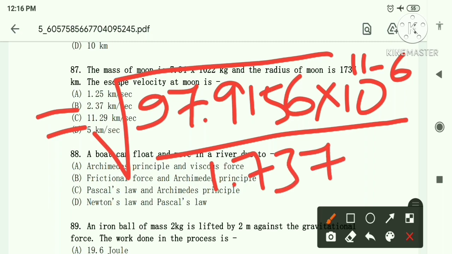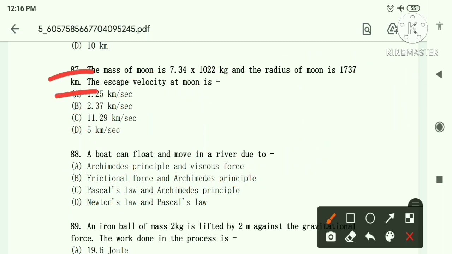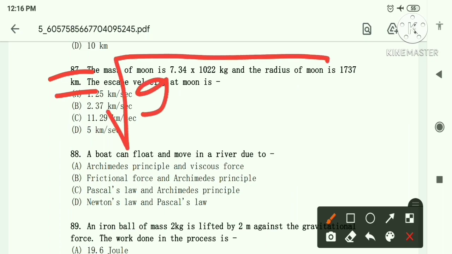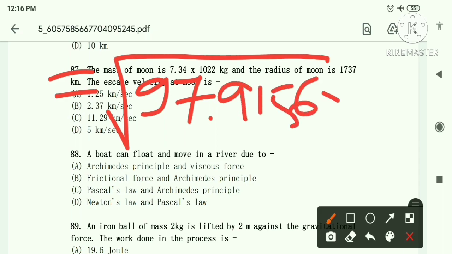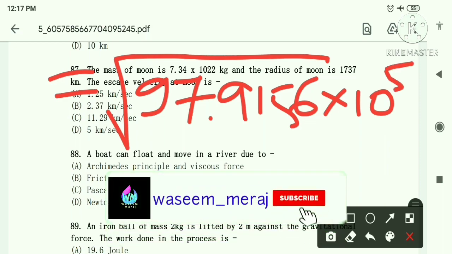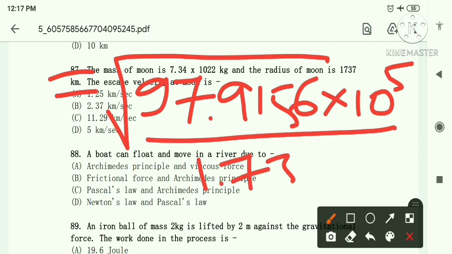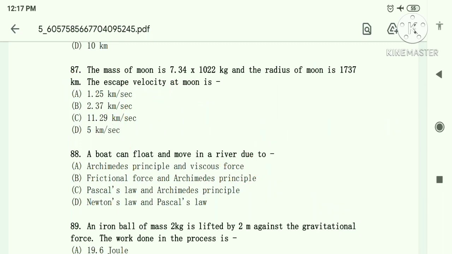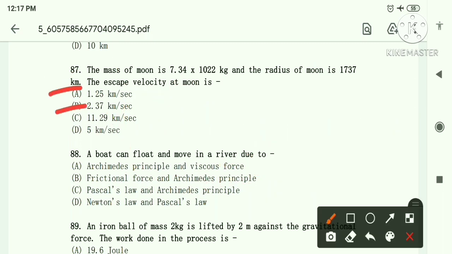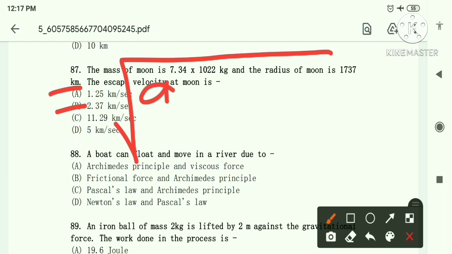Again simplification of this one, we got the value of root of 97.9156 into 10 raised to 5, because 11 minus 6 equal to 5. So divided by 1.737. Again simplification with this one, we got 9.7